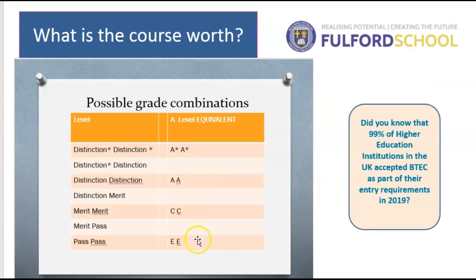Okay, so we've got a couple of possible grade combinations. Because it's a double award, you get effectively 2 marks. Now these vary from pass all the way through, for example, a merit pass, up to a distinction merit, right through to distinction star, which would be equivalent to an A-level A star. And again, as I've said before, 99% of higher education institutes in the UK accept BTEC as part of their